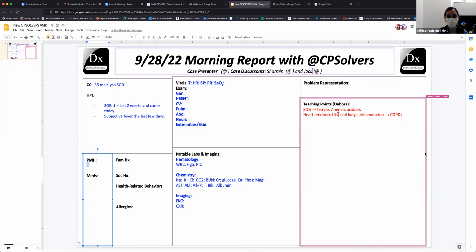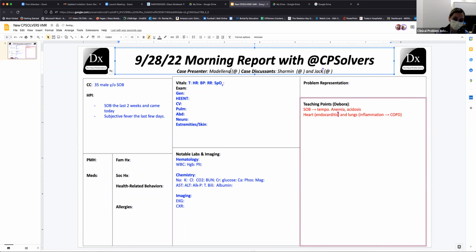Absolute poetry. Absolutely. I think when it comes to shortness of breath in the 35-year-old patient, we're anchored by the base rate that it's a pulmonary process, and then we definitely don't want to lose sight of cardiac, and then see if there are any other signals for the other etiologies.